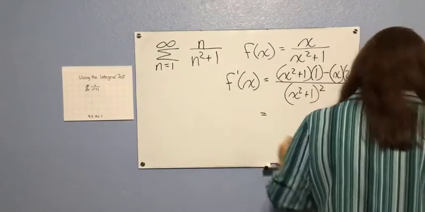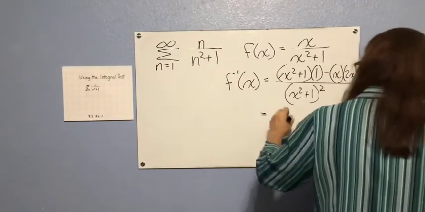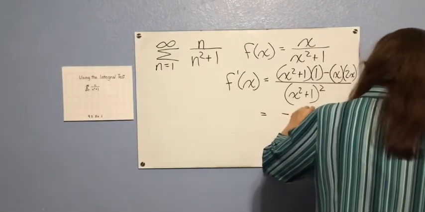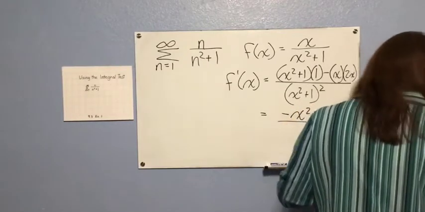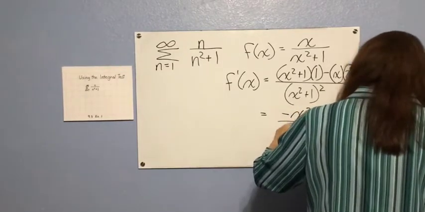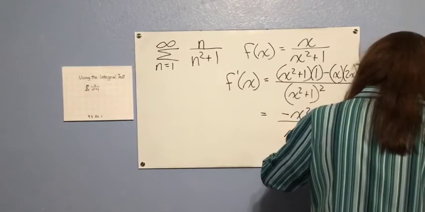Okay, and I can simplify that to negative x squared minus 1 over x squared plus 1